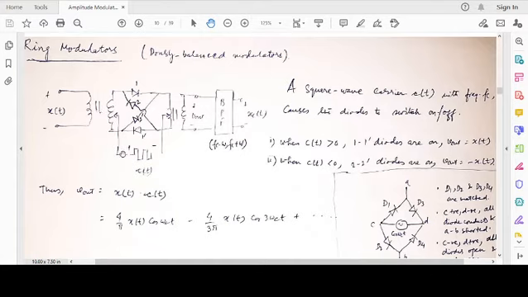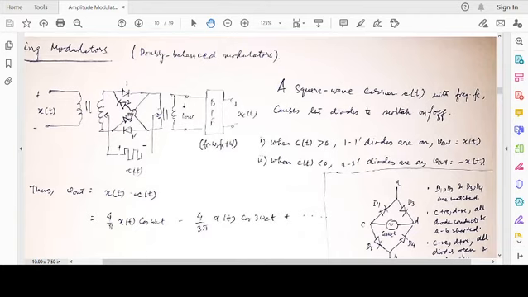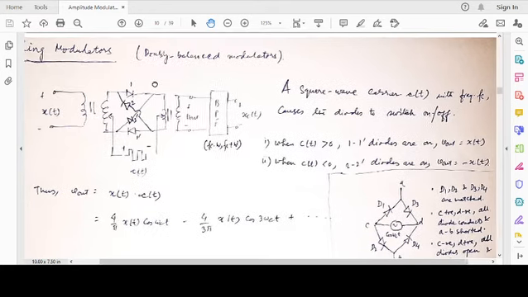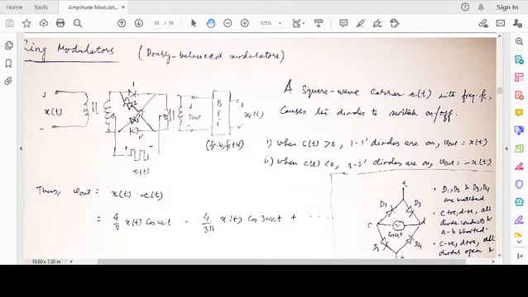The transformer has a circuitry. The transformer is connected to a ring kind of circuitry, where you have four diodes arranged in a position like, again, kind of lattice. This structure is known as lattice structure, lattice ring. So diode 1, diode 1 prime in this direction, and the lattice is diode 2 and diode 2 prime.